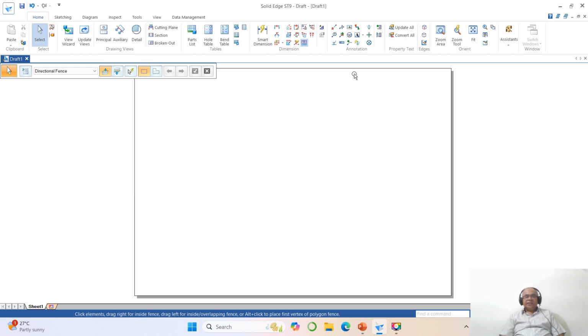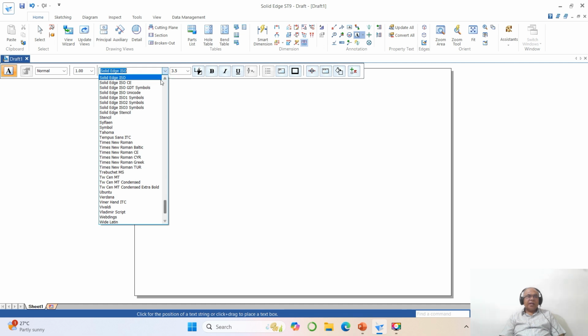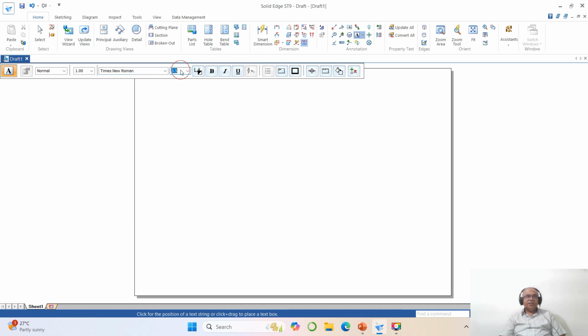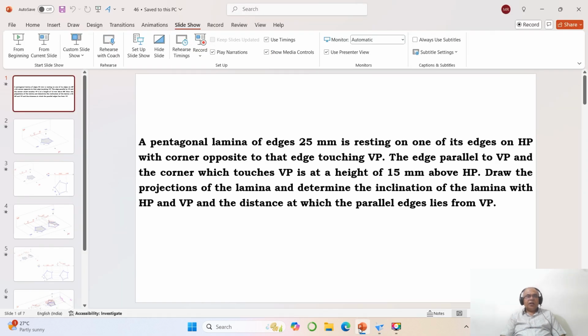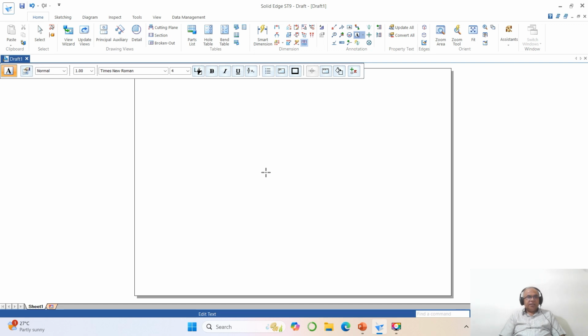Now I need to write the text, that is the question. To do that, I will go for text. Here select the font as Times New Roman and the font size as 4. Then take the cursor and click it here. Then I want a pentagonal lamina of edges 25 mm